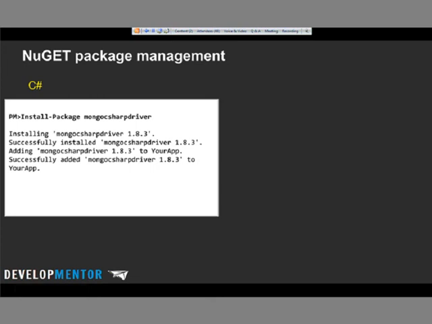Okay, so another thing I already talked about, NuGet is pretty awesome. So here you can see if I wanted to talk to MongoDB from C#, I go either to the UI or I go to the package manager console and I say install Mongo C# driver. I don't have to have the version if I don't want. And it'll suck it down, add reference it, configure it to run, all of that stuff, right? So in Python, you have something very similar.